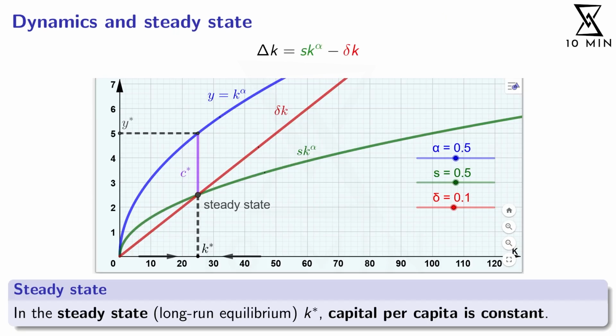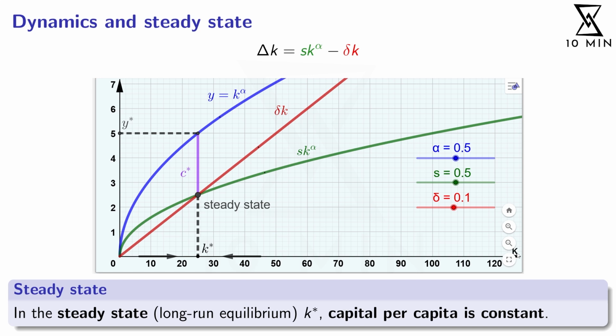Our main equation of the Solow model shows us how our capital per worker changes over time. And this change of the capital stock over time is composed of two effects, right? The green one that comes from the savings per person and the red one that comes from the depreciation per person. In this diagram that you can see below, we have split these two effects, the green savings and investment and the red depreciation, into two separate lines.